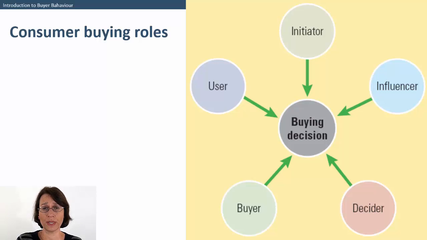Then we'll have the decider, the person in the family who has the budget, who decides, yes, we will go ahead. And the buyer, the person who actually makes the purchase, can be the mum or the dad. And the whole family might be the users, or it might just be the children who are the users. So breakfast cereal, mum's the initiator, dad might be the influencer. She decides, she buys it, and the kids are the users. So everyone's playing a slightly different part in the puzzle. So you as a marketer need to have an understanding: who are these people, what parts do they play, and how can I influence them?